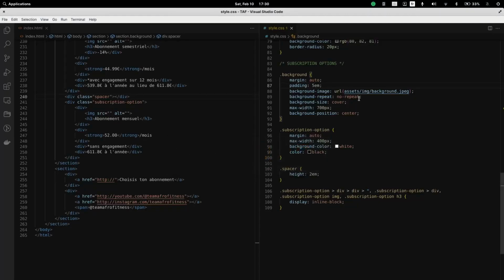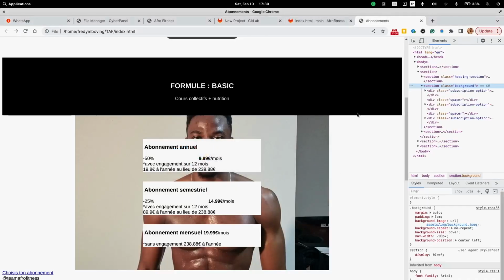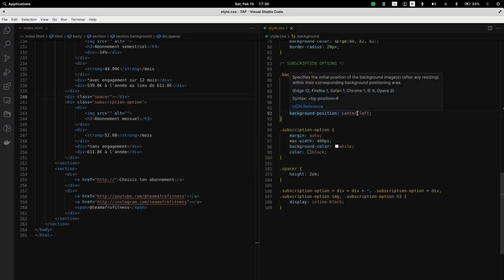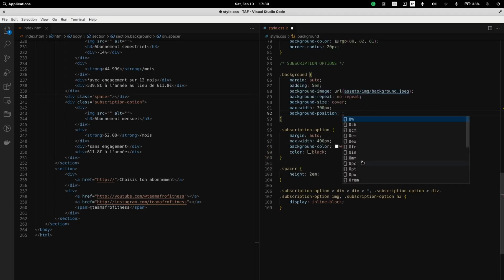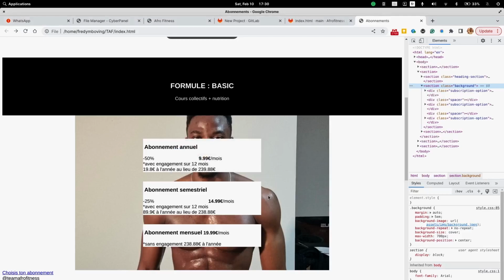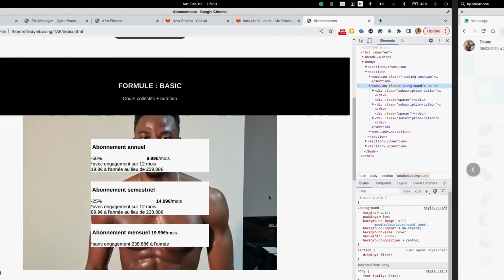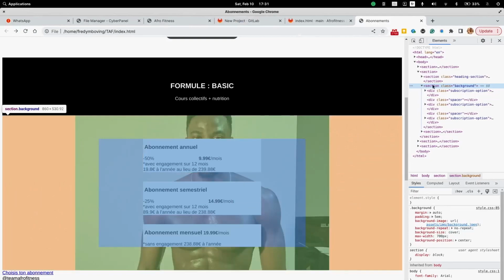And yeah, background position, not exactly the center, left. Can I do this? No. So what can I do? We'll handle that later. Now I want each of these elements